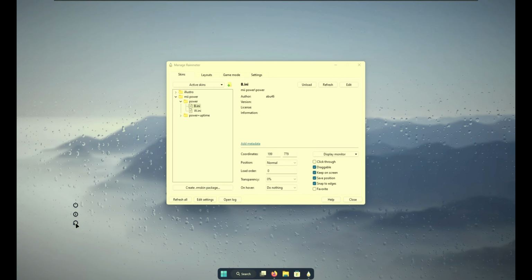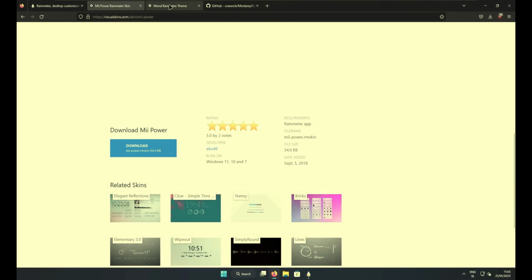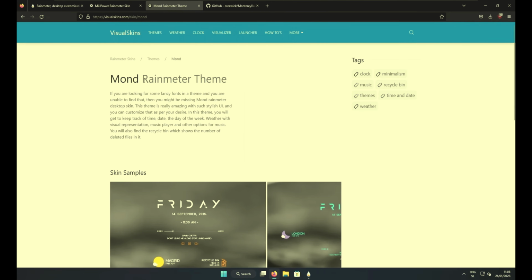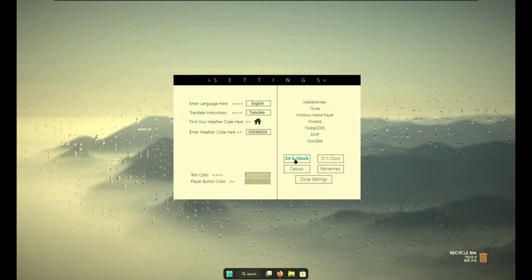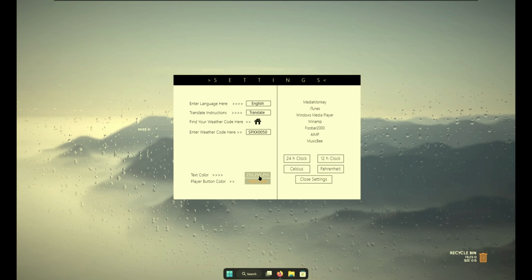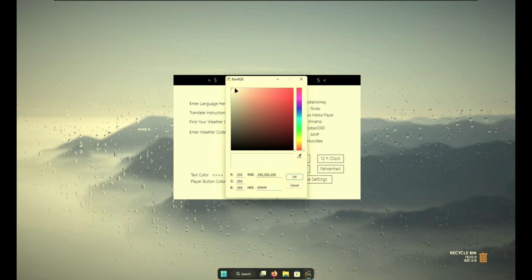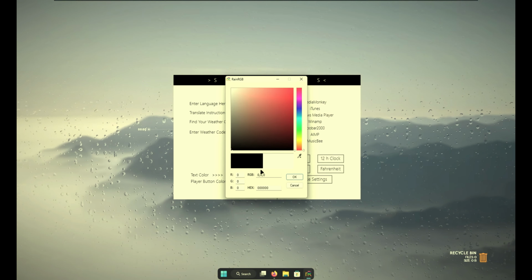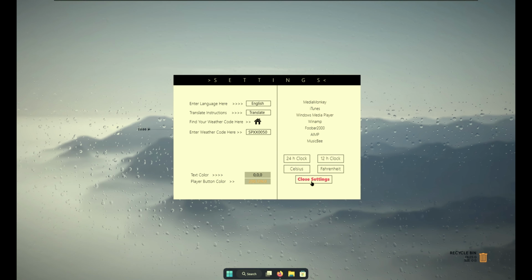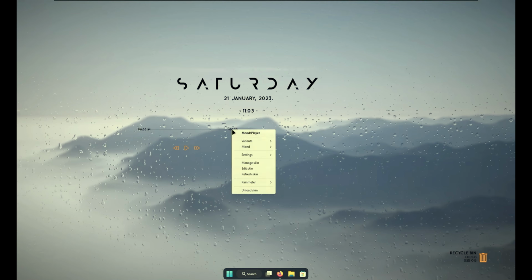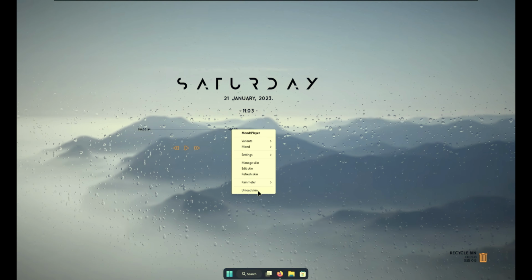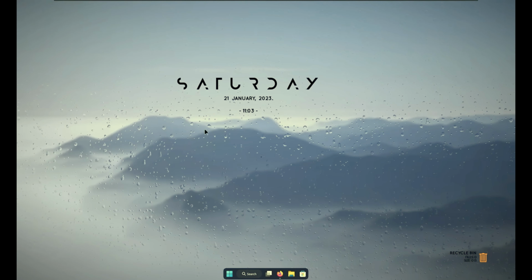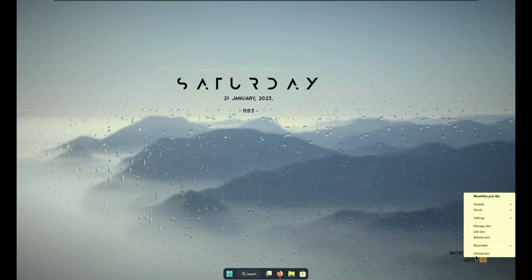Let's go to the web browser and let's install the second widget, which is called Month Rainmeter Theme. Now here I would select 24-hour clock text color. I will change it to Toto Dark. So here you can select here the black color. Click OK, let's close the settings. Now you can right-click on the widget you do not want to use here. In this case, this media player, the recycle bin, and we are pretty much left